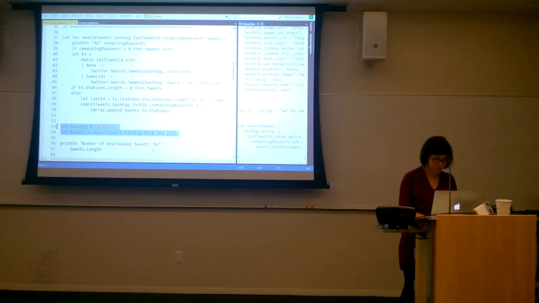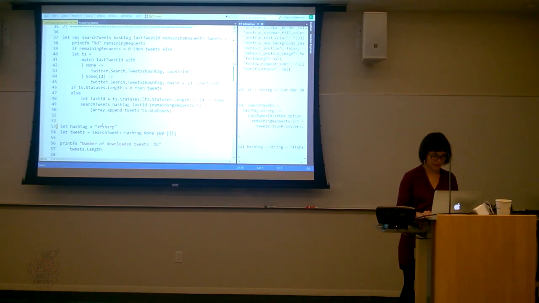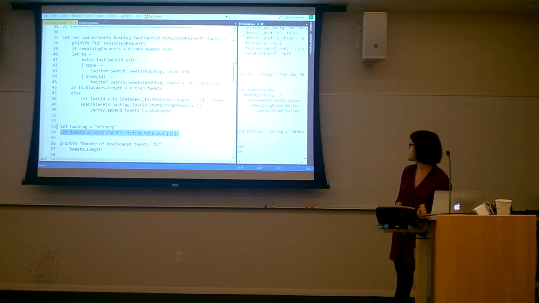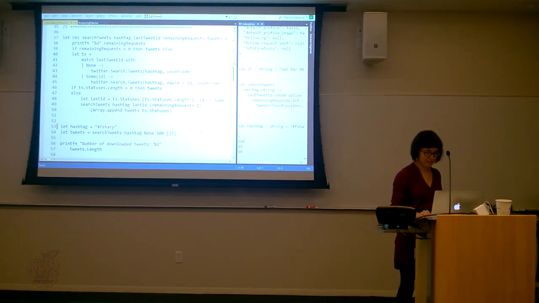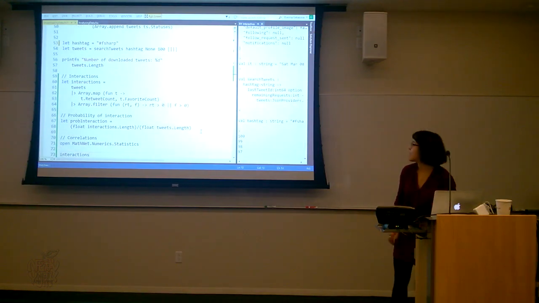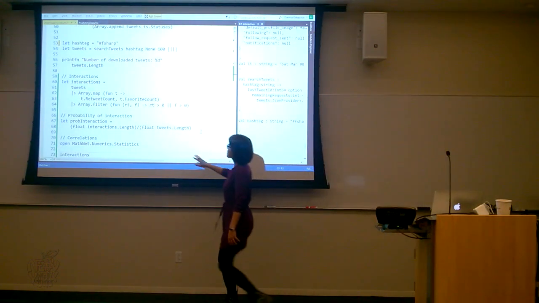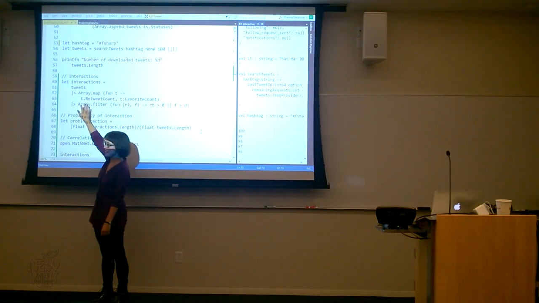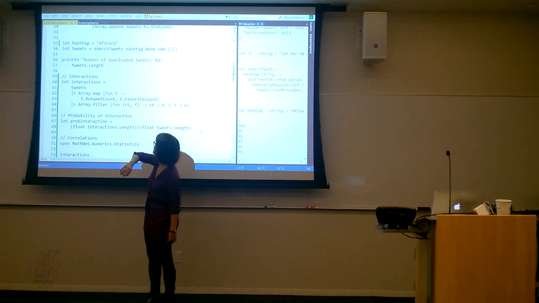So I will try to find all the tweets that mention F#. So hopefully the internet is fast here. And then I will look at this piece of code. It actually takes the tweets that I will get from my request.